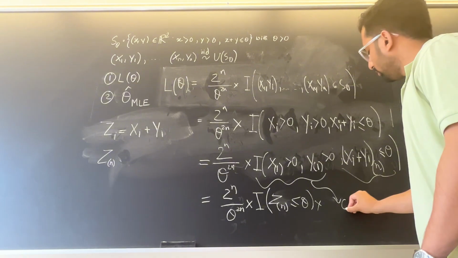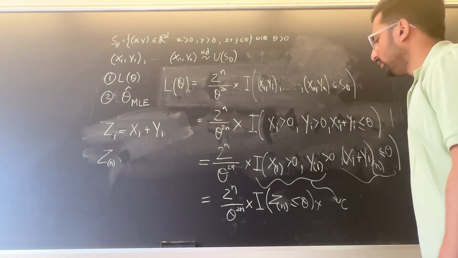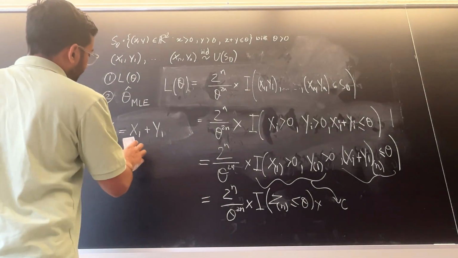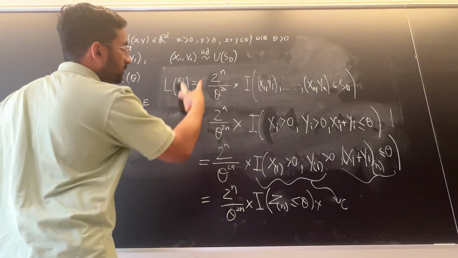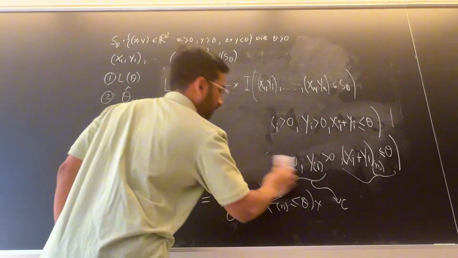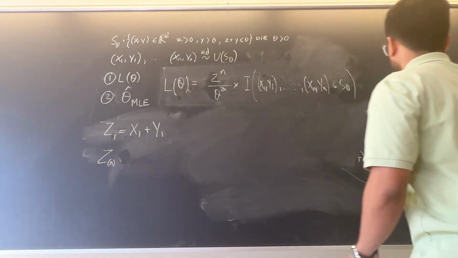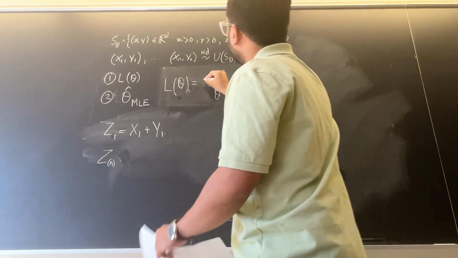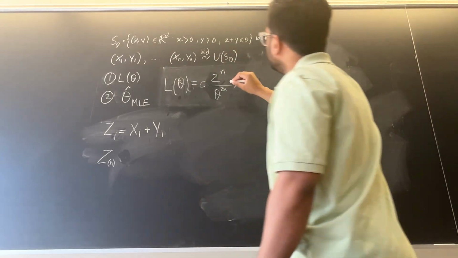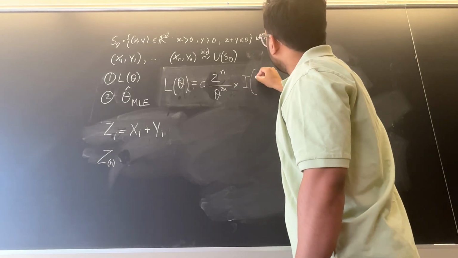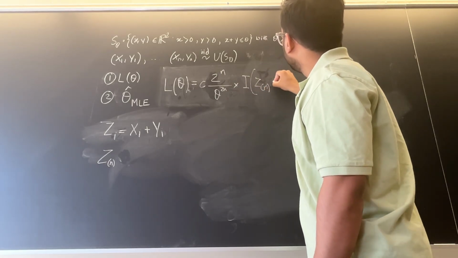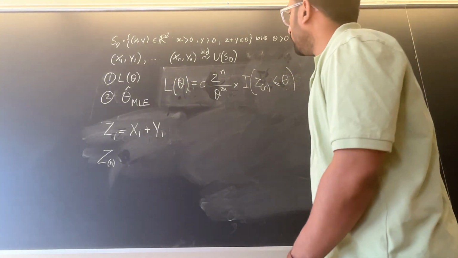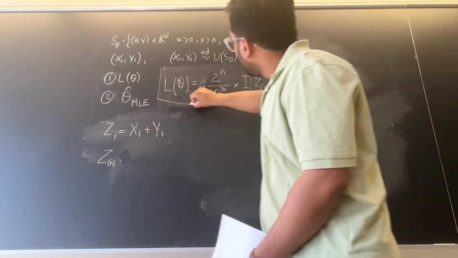Let's call it c. It's a constant, not dependent on theta. So we will rewrite this entire expression to save space: some non-negative constant times the indicator that Z of n, the maximum, is less than or equal to theta, and this is our likelihood,